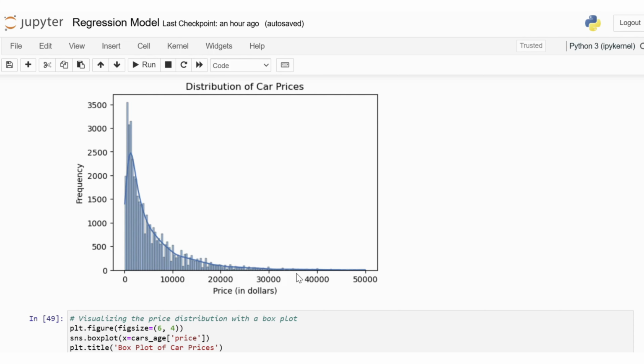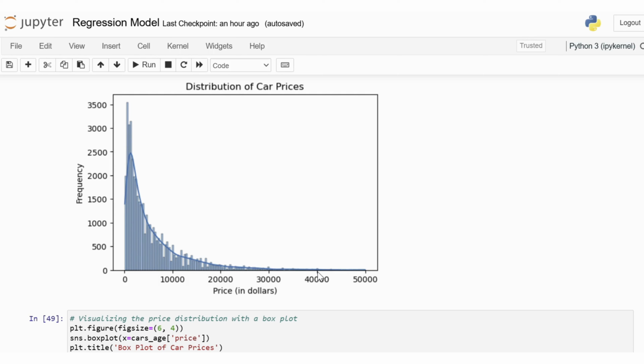This is expected, as fewer people can afford higher-priced cars. There are a few cars with prices close to $50,000, but these are rare. The density curve flattens out as we move to the right, indicating that high-priced cars are less common. The histogram for car prices shows that the majority of cars are priced at the lower end, with a